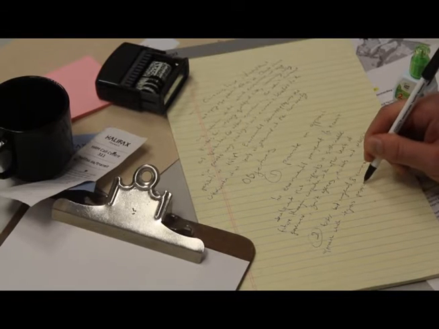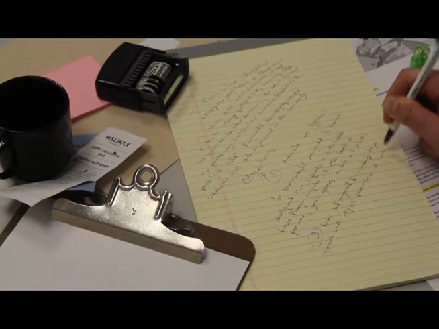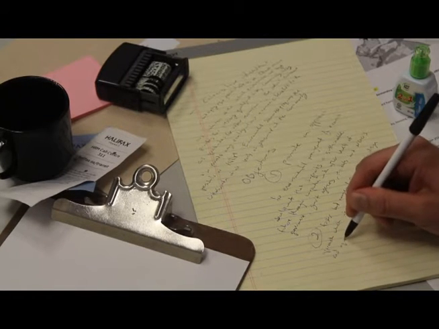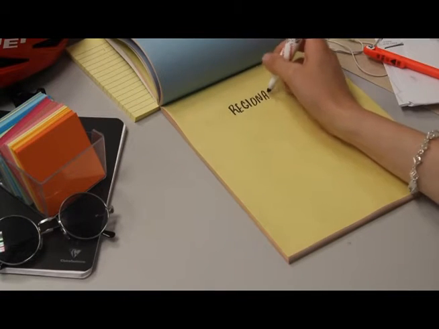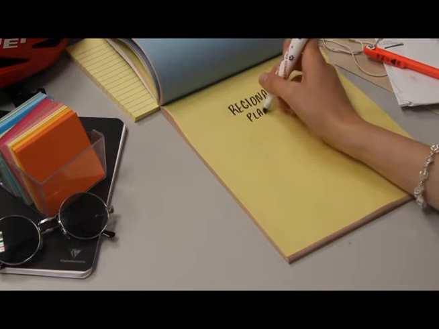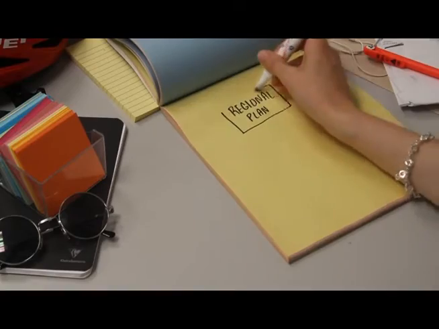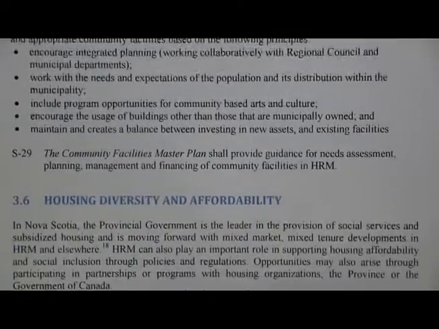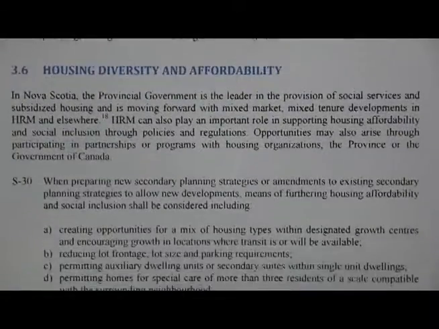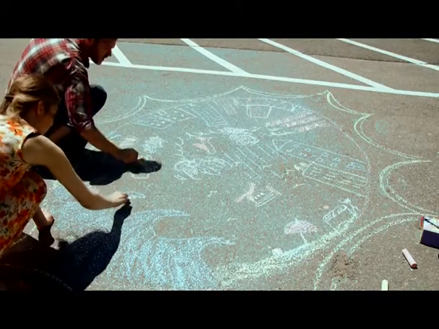There are many types of plans. Plans are how we implement our vision, and these must reflect the statements of interest. Most municipalities have something like a regional plan. This plan explains our overarching goals and objectives. Included in this are policies and specific plans for things like transportation, public art,